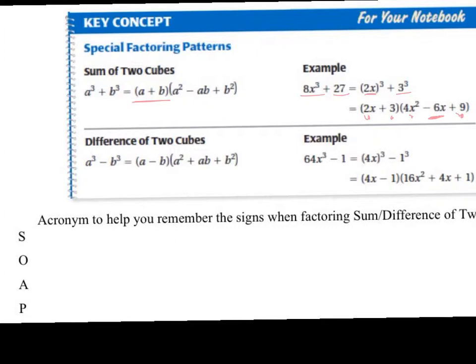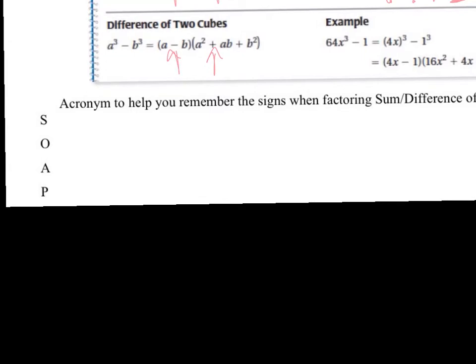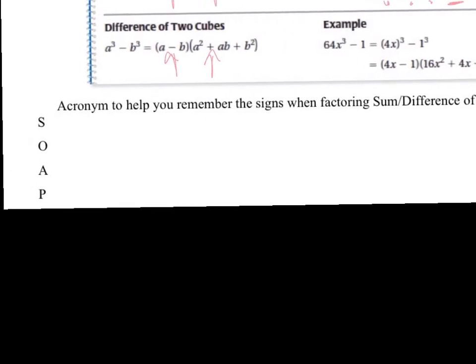The only thing that changes here are your signs. So for a sum, the first sign is a plus, the second is a minus. And for a difference, the first one is a minus, the second one is a plus. So there is an acronym, guys, here that helps to remember the rule. And that acronym is SOAP. And it stands for same sign, opposite sign,